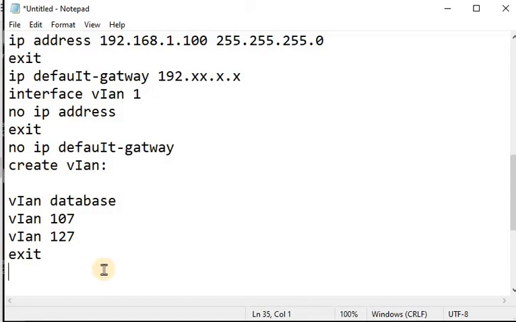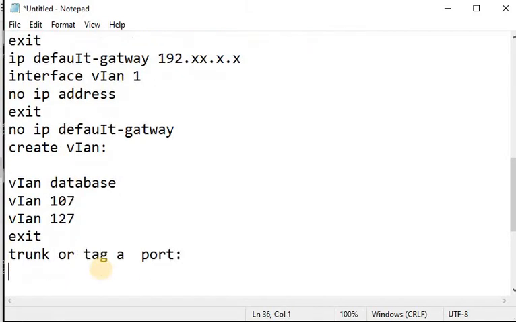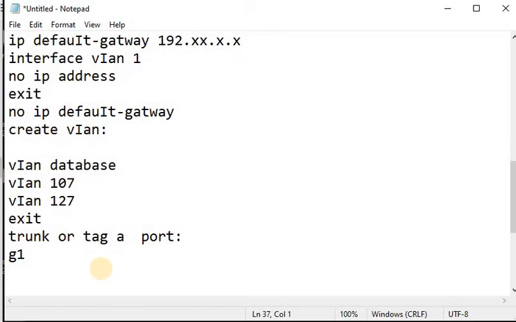So next is how to trunk a port or tag a port. First you decide which port you want to trunk. So I will like to trunk gigaport G1.